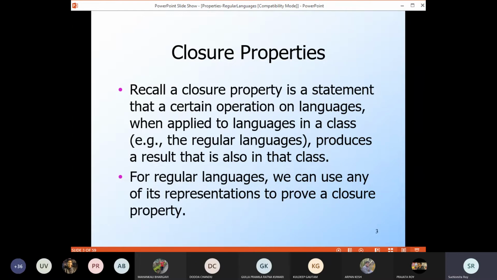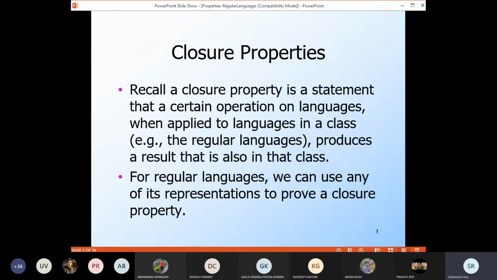Okay, a set of possible values, and also with respect to an operation which performs on that set. So the set we are discussing right now is regular sets or sets of regular languages. And there will be several operations which we'll be discussing. Okay, so if on performing an operation on a regular set or a regular language, or maybe on two or more regular sets, you get back a result which is again a regular set, then you say that that operation is closed for regular sets. Okay, so